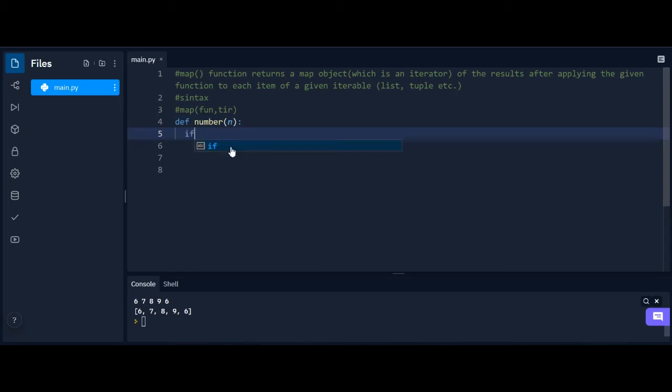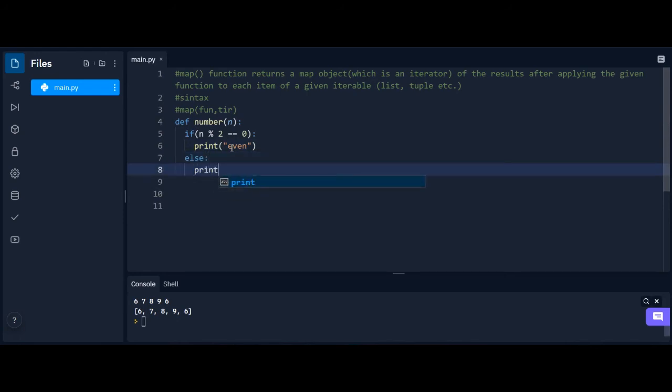If n is divisible by 2, the remainder comes 0, then obviously it will print even, else it will print odd.